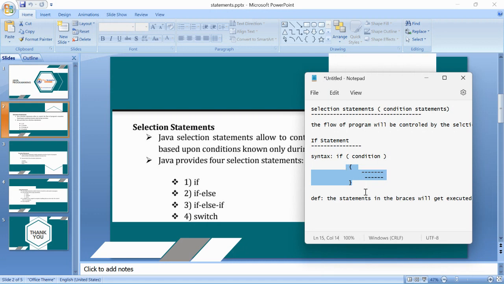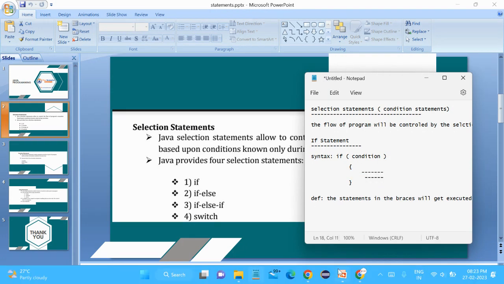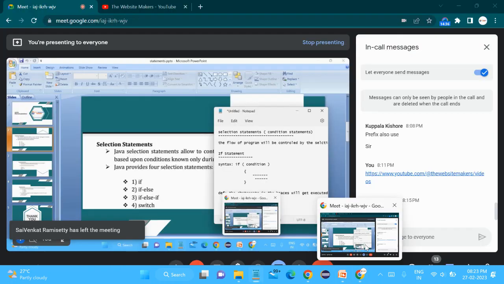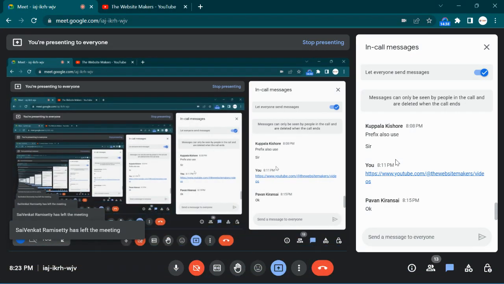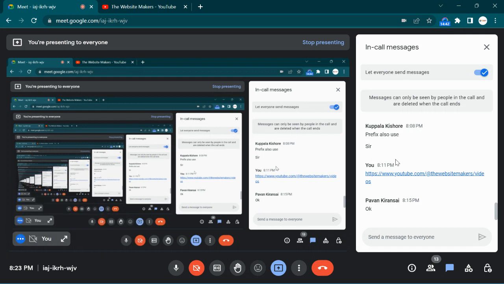So can we write some example? Yeah guys, did you get it or not? The main use of this if statement. If you get it now, give a thumbs up. So